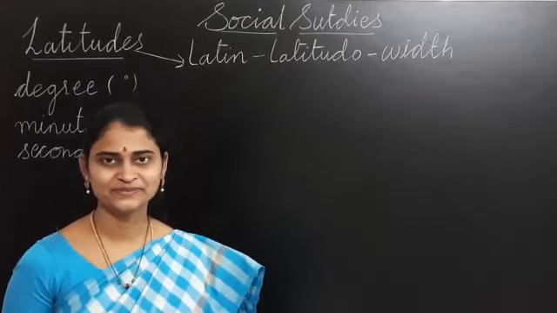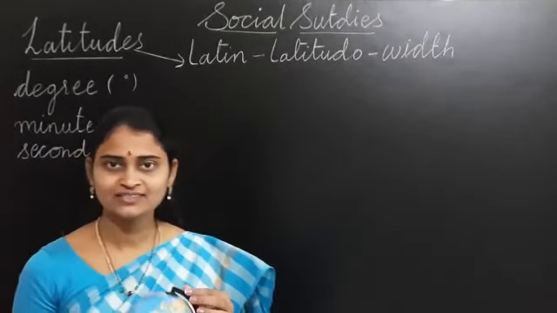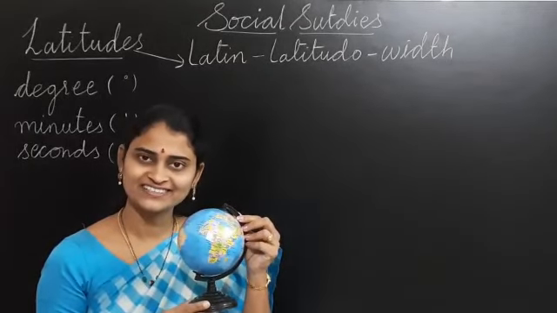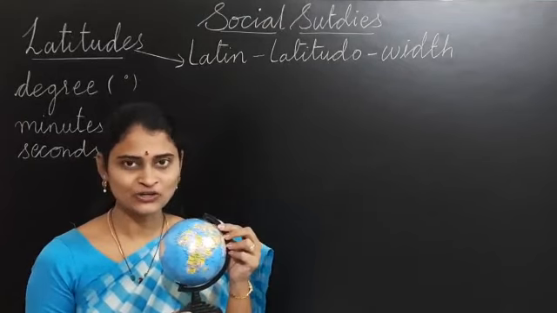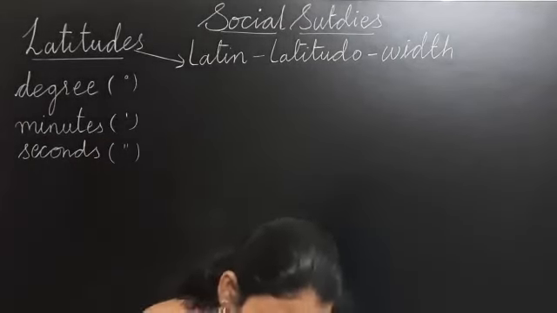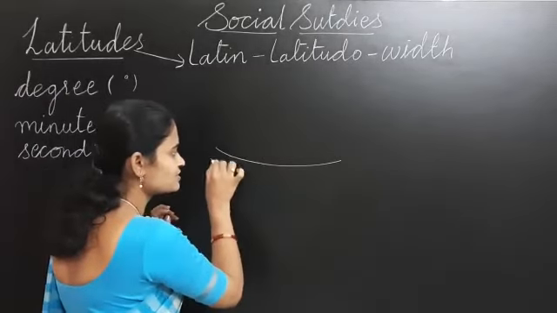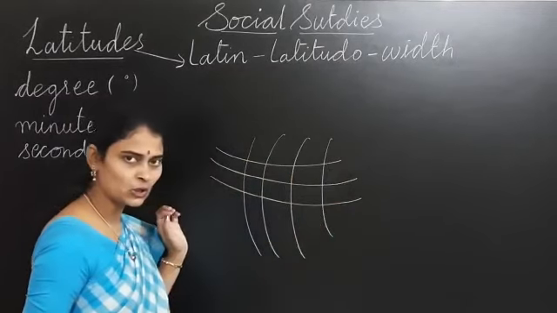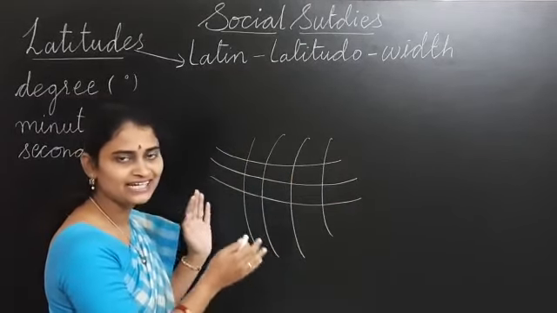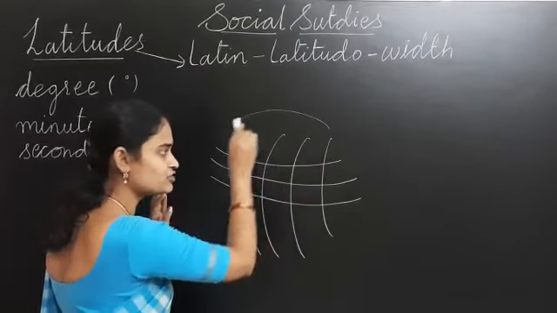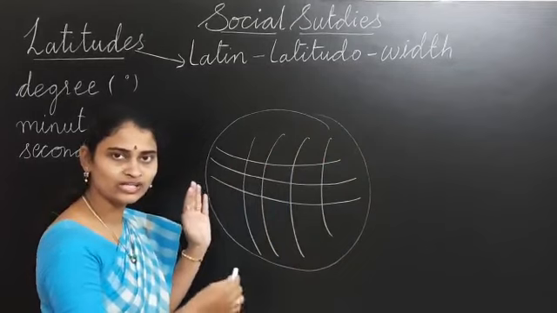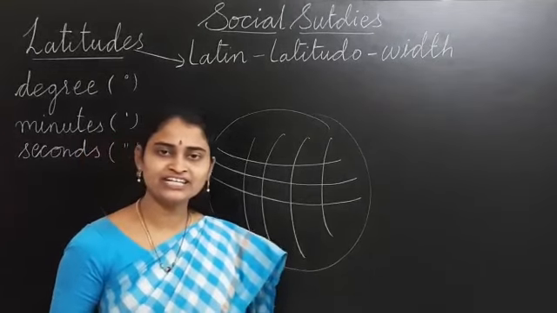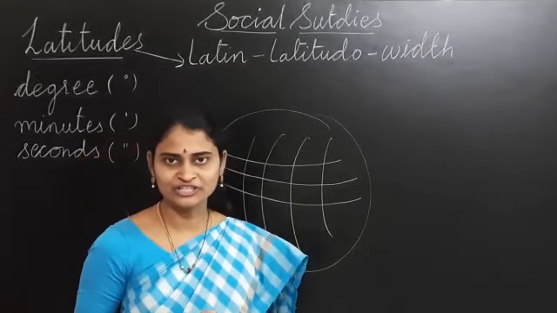This is Hahika. Children, have you ever seen the lines which are drawn on a globe? What are these lines? Yes, the latitudes and the longitudes. The latitudes and the longitudes which are drawn on a globe are called the grid. The network of latitudes and longitudes drawn on a globe is called the grid. Today, I will teach you in detail about latitudes and longitudes.